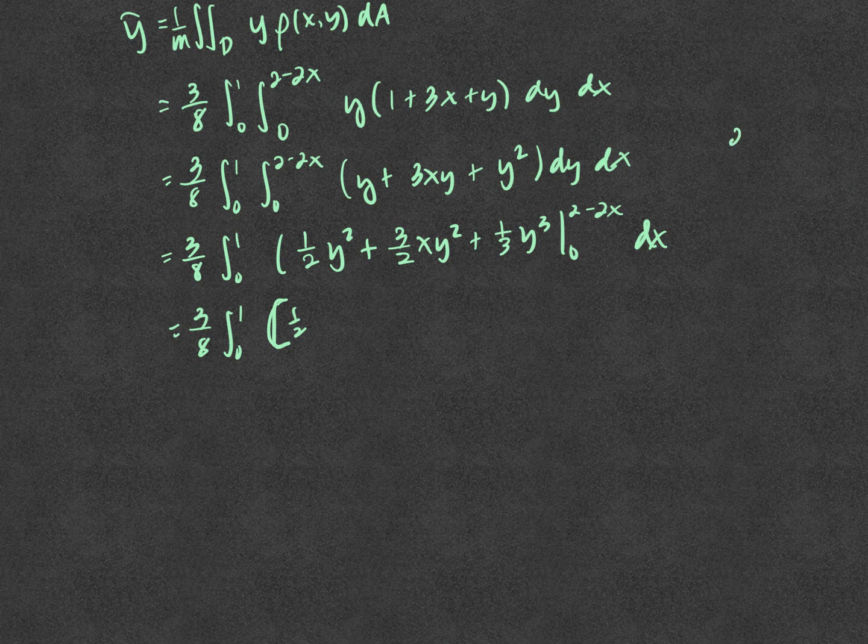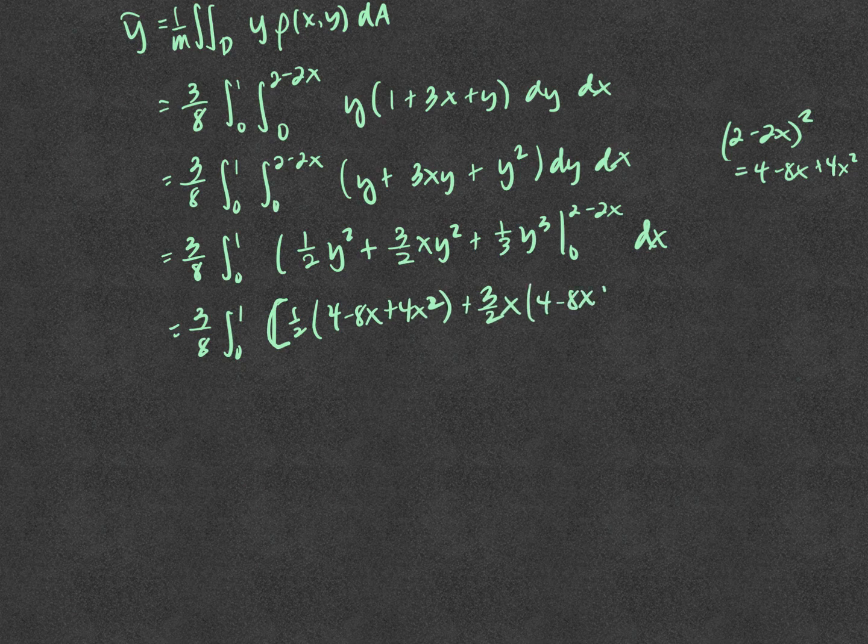Now remember that we have 2 minus 2x quantity squared. So this is equal to 4 minus 8x plus 4x squared. So we have 1/2 parentheses, 4 minus 8x plus 4x squared plus 3/2 x times 4 minus 8x plus 4x squared plus 1/3. Now I'm going to go ahead and do it down here. I would normally do this at the top of my page,